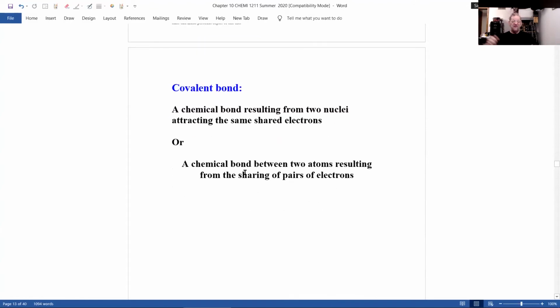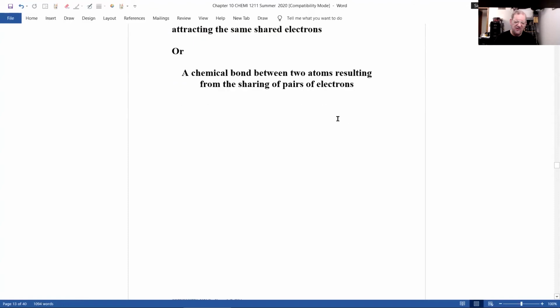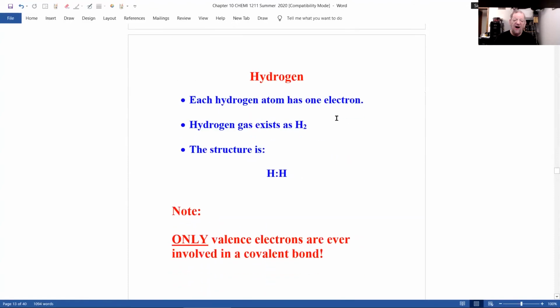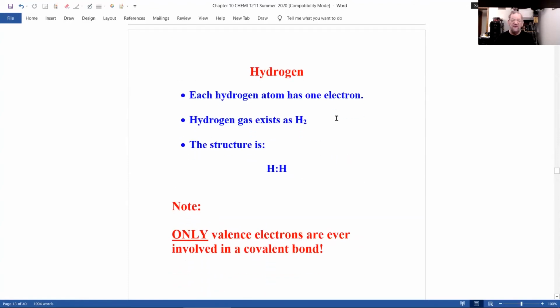I'll say it again. What's a covalent bond? A chemical bond between 2 atoms from the sharing of electrons, or just think of it the easiest way, sharing 1 or more pairs of electrons between 2 atoms. Here's from your book, 2 nuclei, and you can think of that as the nucleus. All right, let's look at the simplest covalent molecule,